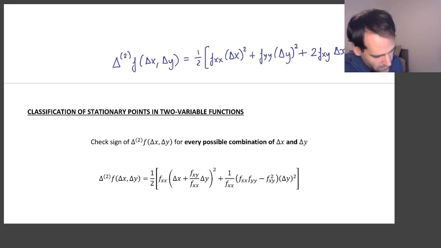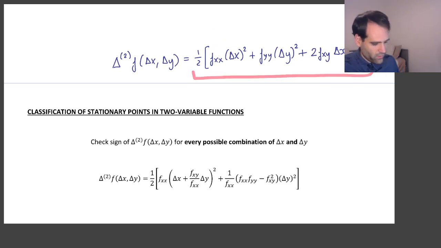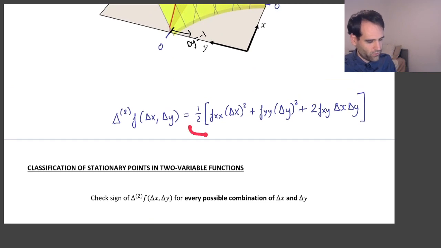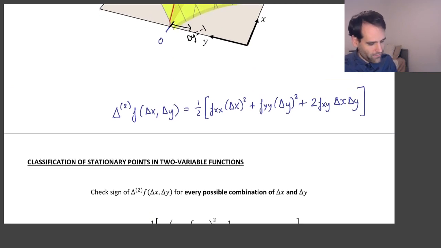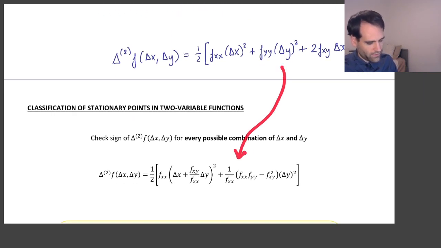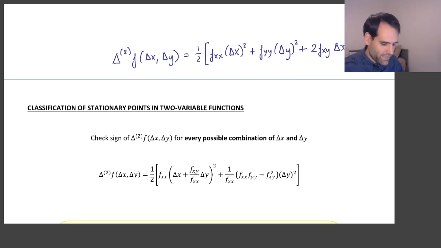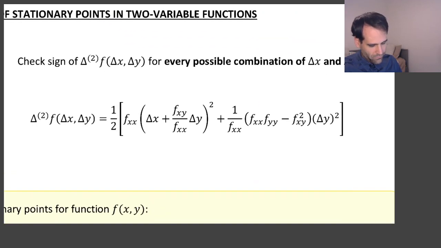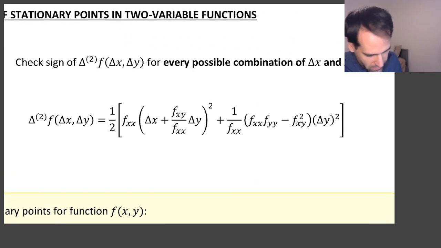So starting from this, which is the Taylor expression, you can do some basic algebra, and you can arrive at this alternative expression. But this alternative expression is really good because in this expression, all the appearances of delta x and delta y are inside squares,